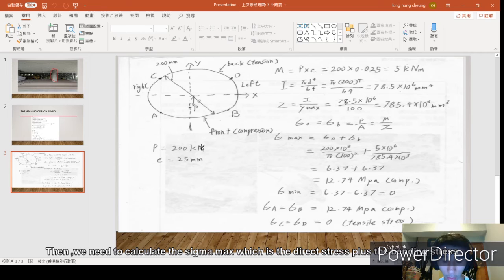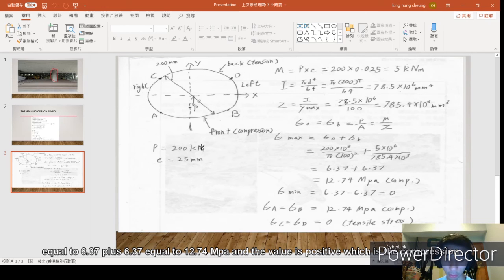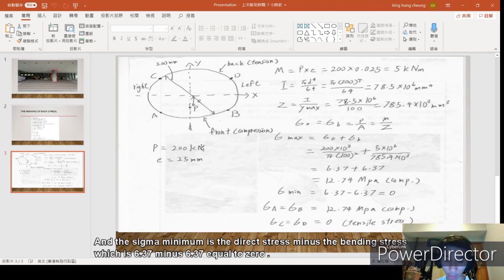Then we need to calculate the sigma max, which is the direct stress plus the bending stress, which is 200 times 10 cubed over pi times 100 squared plus 5 times 10 to the power of 6 over 785.4 times 10 cubed equal to 6.37 plus 6.37 equal to 12.74 MPa, and the value is positive, which is the compression,